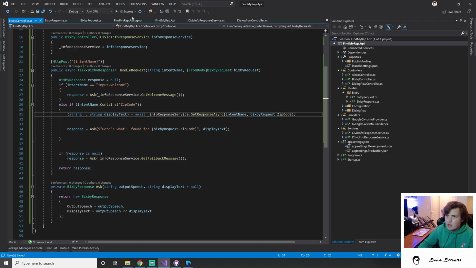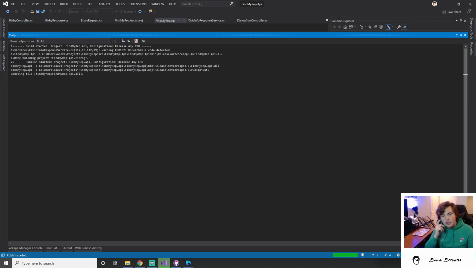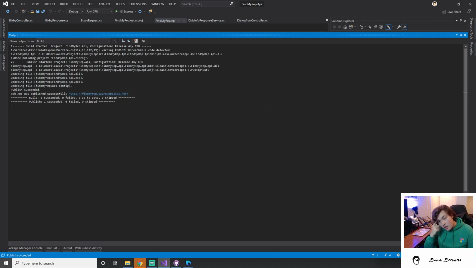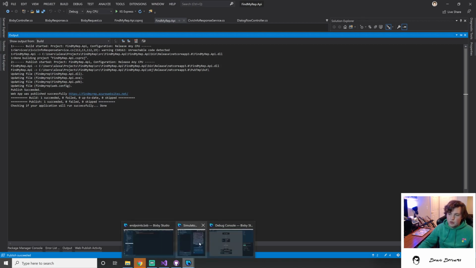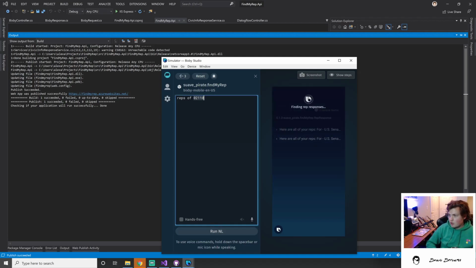And let's publish this and see what we get. I don't know if we can hit localhost from this too, by the way. It might be worth trying, since I'm not sure if these requests are going to actually be executed from my local device or not. I'm honestly kind of curious, so we might try that in a little bit too. All right, either way, we've republished, which means we can just send the same request again. Here's what I found for 02110, and it's like